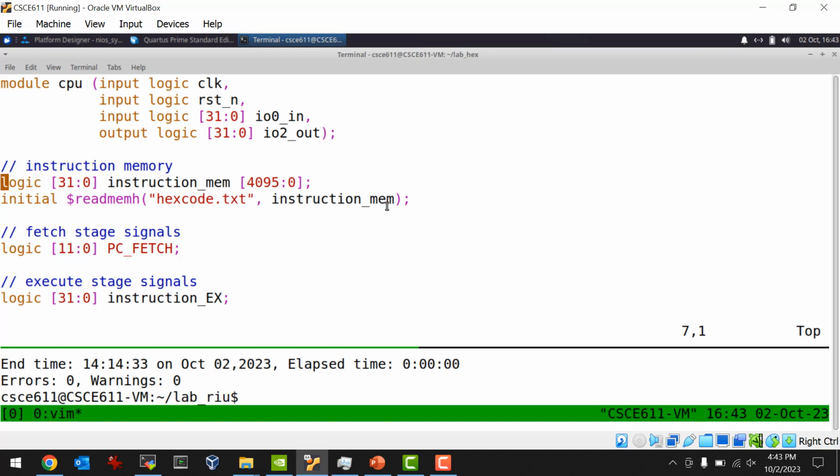And then we have instruction EX. I don't know why it highlighted PC fetch in red. Strange. But instruction EX is here. So this signal corresponds to the address of whatever's being fetched. And this corresponds to whatever instruction has already been fetched and is now in the execute stage, the second stage. That's why I'm being careful to use these suffixes. And then